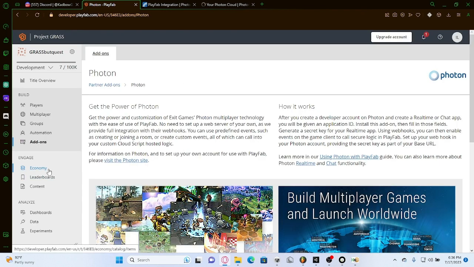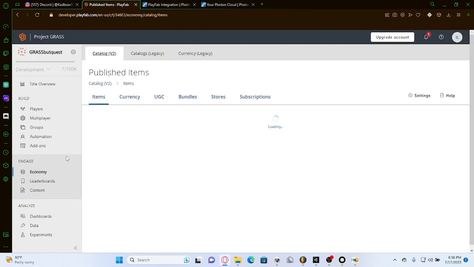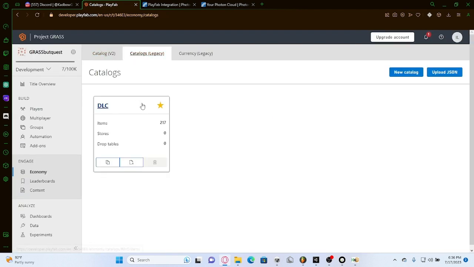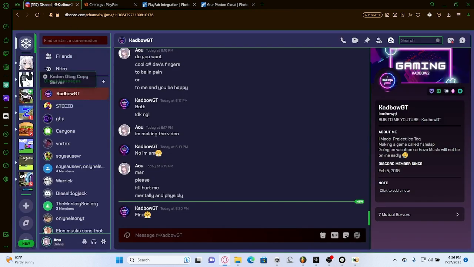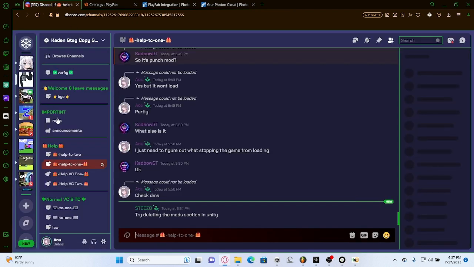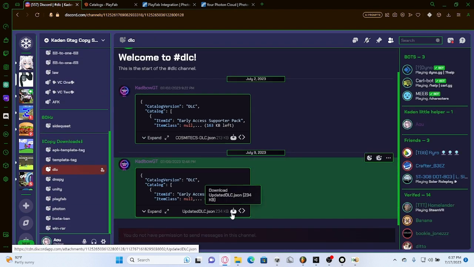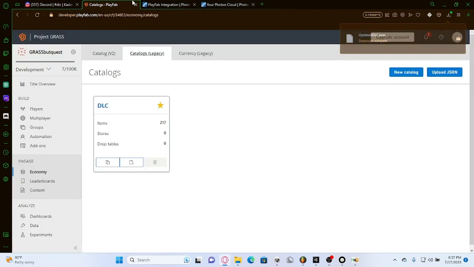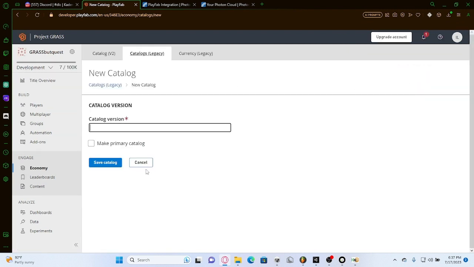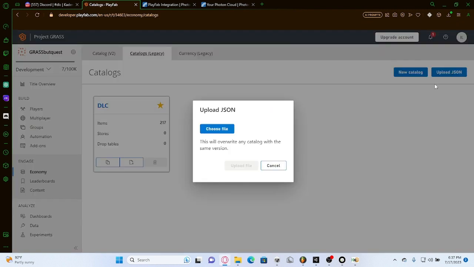And then for the last part, go to Economy, Catalogs Legacy. And as you can see, I have it, but you won't. So you want to go to the link in the description to the GTAG copies, scroll down to DLC, and then download the updated DLC.json file. Go back to the catalogs in PlayFab, click on upload JSON file, click on choose file, and then select the updated DLC.json. Click on upload file,